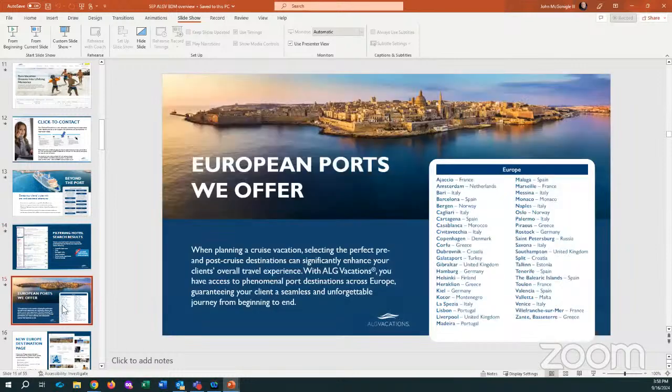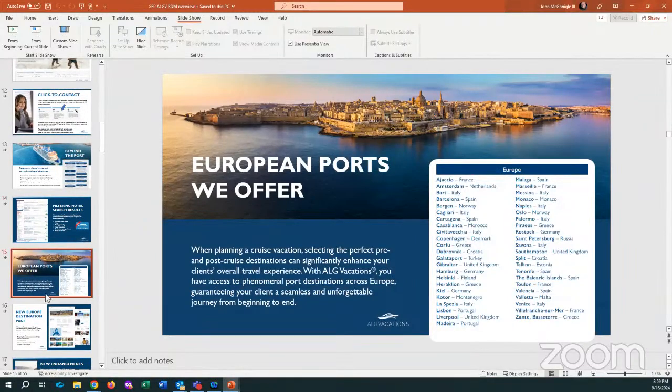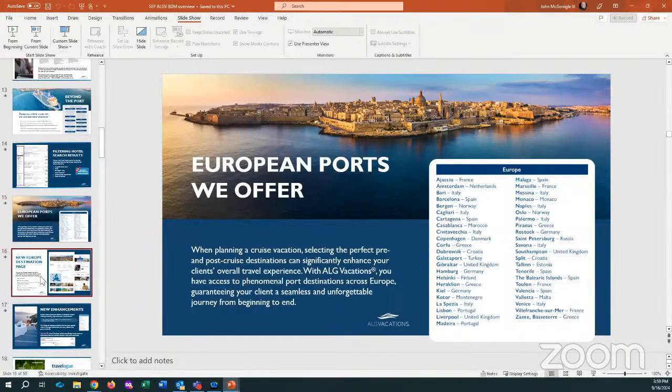If you've got customers going to Europe, we've added all the European ports in there. So you can find that as well too. You can even just search by the country. You don't even have to know the specific port name, like Civitavecchia outside of Rome, which is about an hour or so outside of Rome, but that's the closest port, and that the port of Rome is an hour or so away from the city of Rome itself.